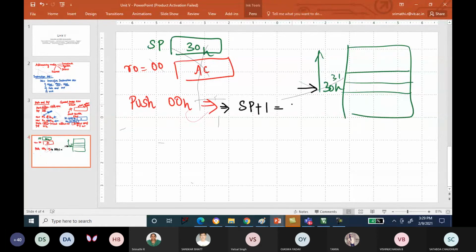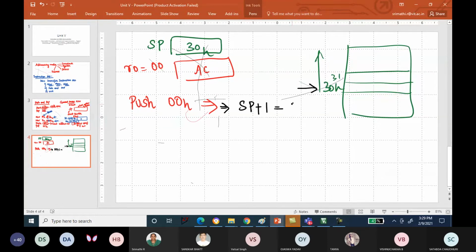What is the current stack pointer value? Stack pointer plus 1. I need the answer. Am I audible? 31H, ma'am. 31H. So now,